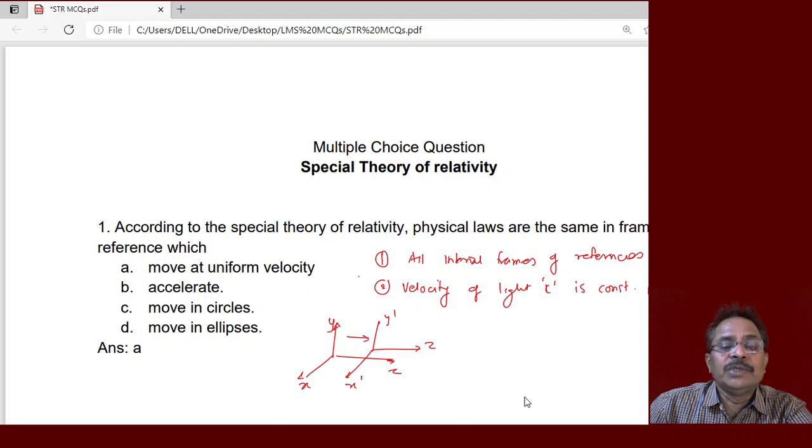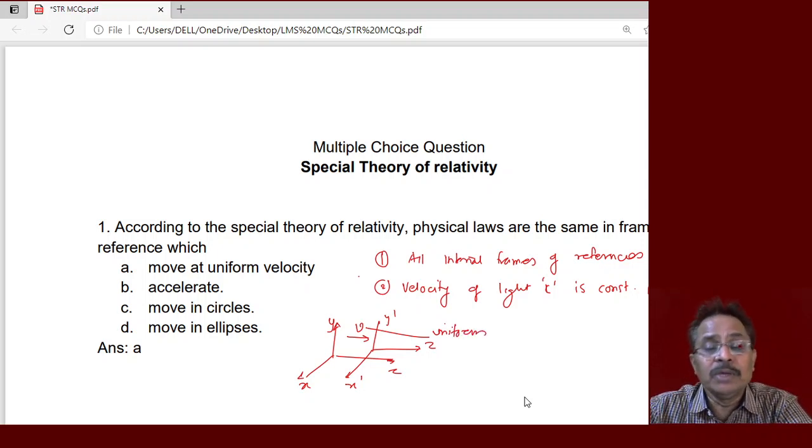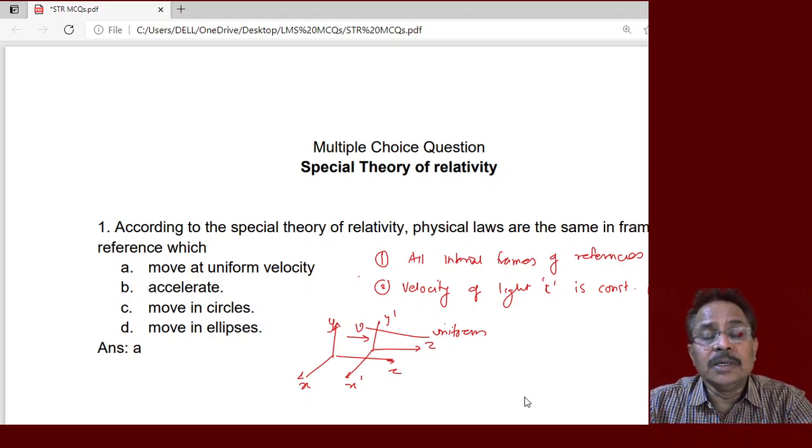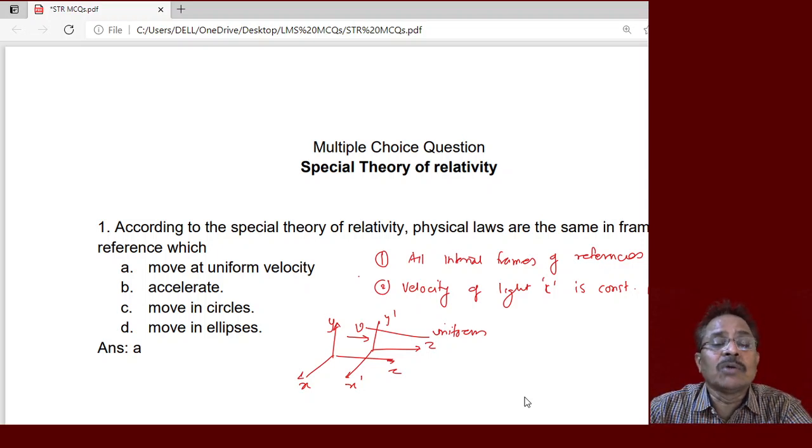This is the frame which is moving away from the first frame with a certain uniform velocity. So all such frames of reference which are moving with uniform velocity with respect to each other are called inertial frames of reference, and the laws of physics defined in all such inertial frames of reference must be identical. This is our first postulate,